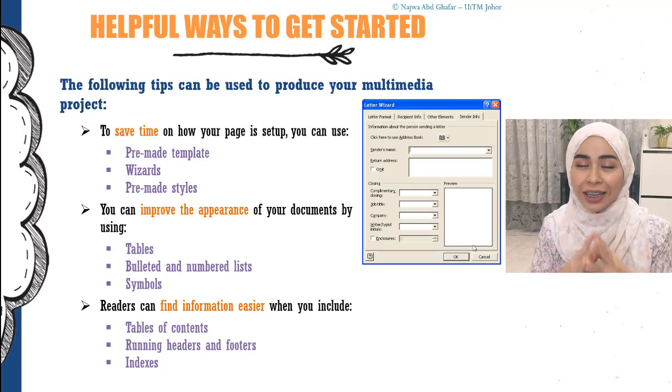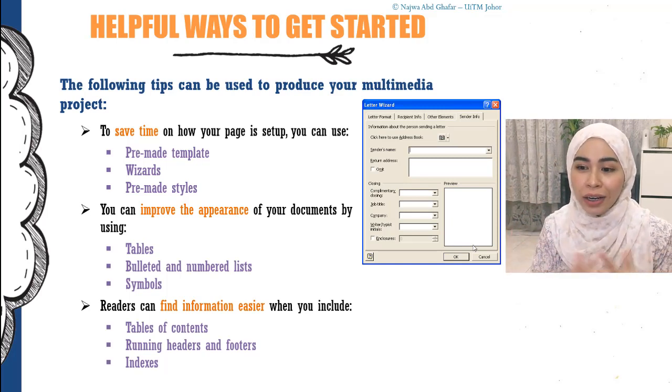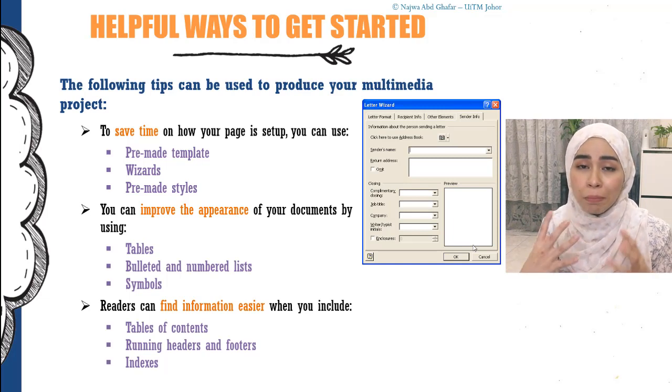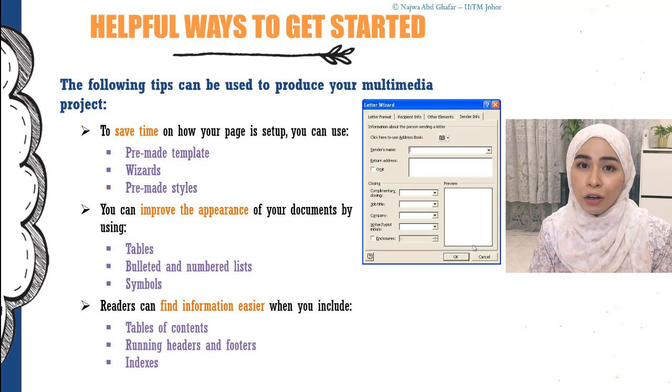So instead of you writing the whole content of your project in paragraphs, which looks very long and boring, again, you can use tables, bullet points, numbered lists, and symbols. So these can be used to simplify and really organize the content of your project. Okay, you can also